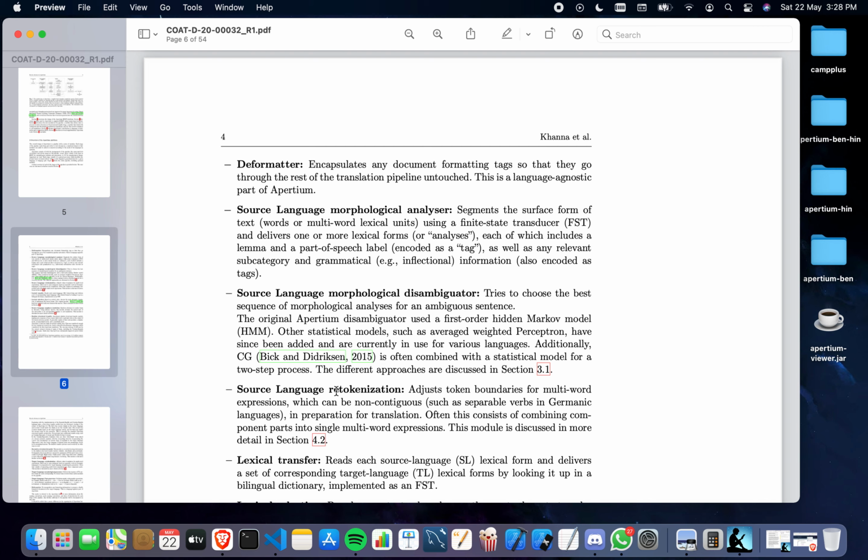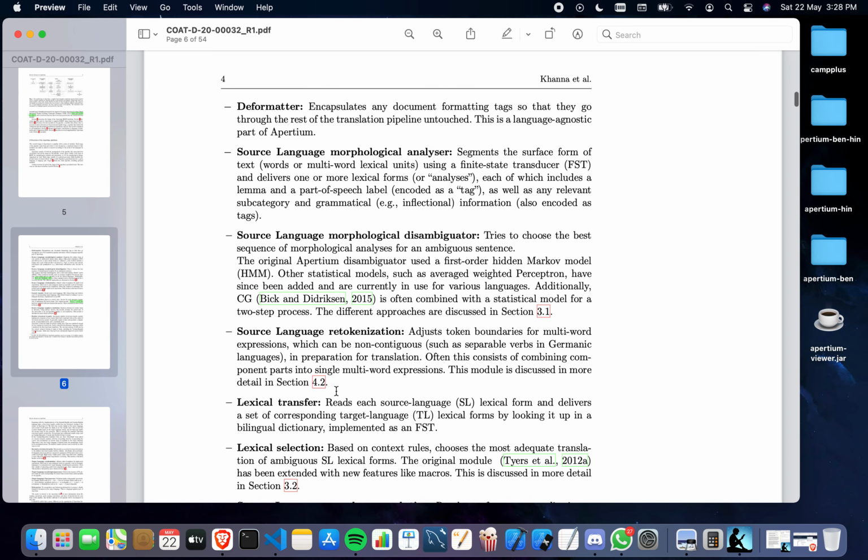So the part of speech label is encoded as a tag, as well as any relevant subcategory and grammatical, for example inflectional, information, also encoded as tags. So this is the source language morphological analyzer. This is what it's doing. We have to follow the same steps when we are making the Hindi Bengali language pair.